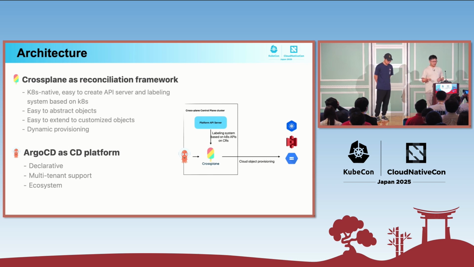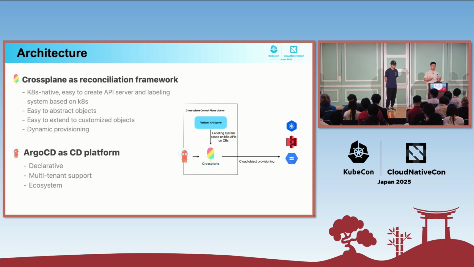So we chose Crossplane because it's Kubernetes native, and as I mentioned earlier, because everything is managed as a Kubernetes object, we can easily build a labeling system on top with the API server. Also, Crossplane itself can very easily be extended to further abstraction objects. For example, you can define a cluster type or cluster CRD, which can eventually be translated to EKS or GKE clusters. Also, because it's all CRDs and operators, you can even write your own operator and CRD